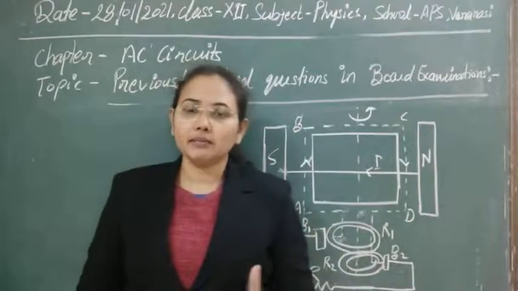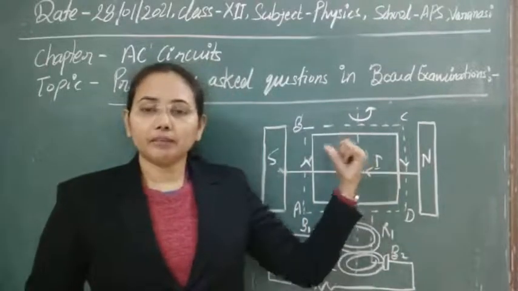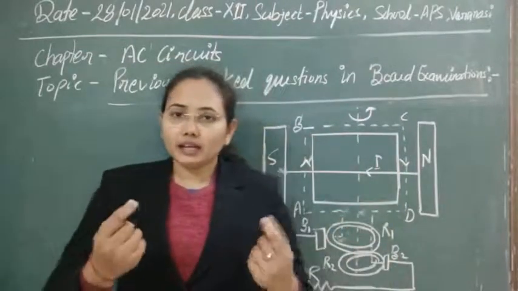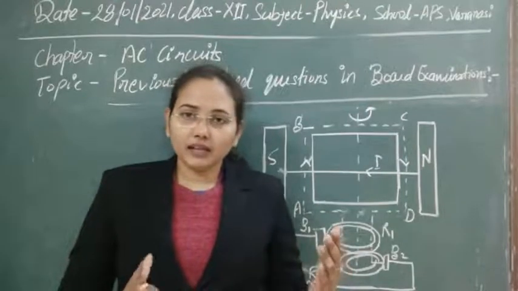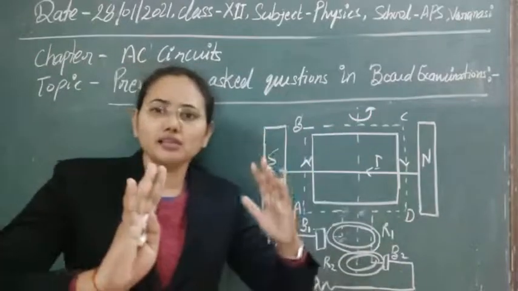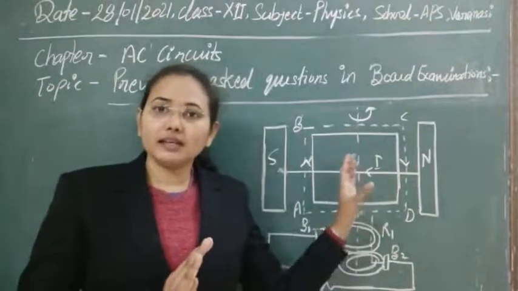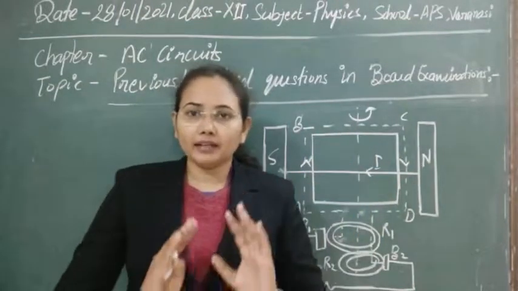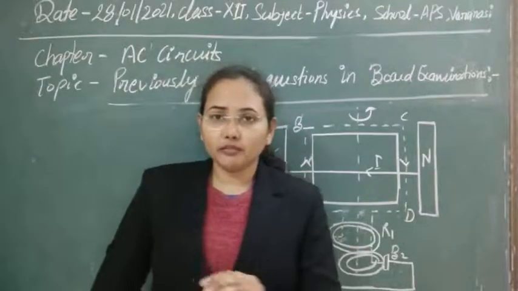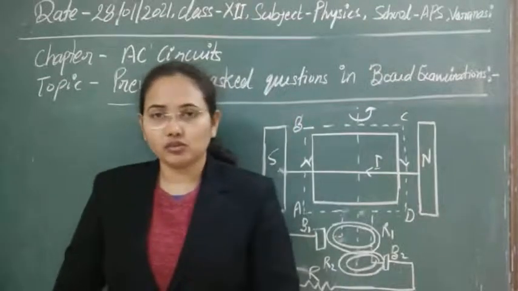You know that flux is given by BA cos theta. So whenever theta is changing due to change in the direction of this armature, here we are just using mechanical work, which means there is rotation, there is motion. Due to that, the theta, the angle between the magnetic field and the plane of coil, is changing continuously. And if the angle between the plane of coil and the field changes, then obviously there will be a change in flux also.